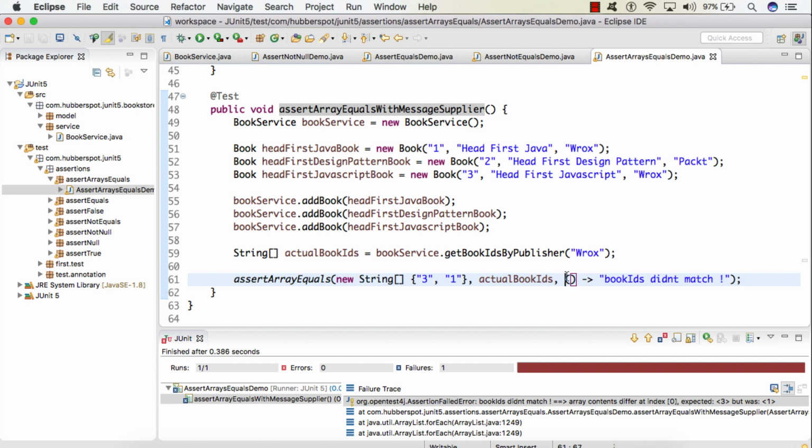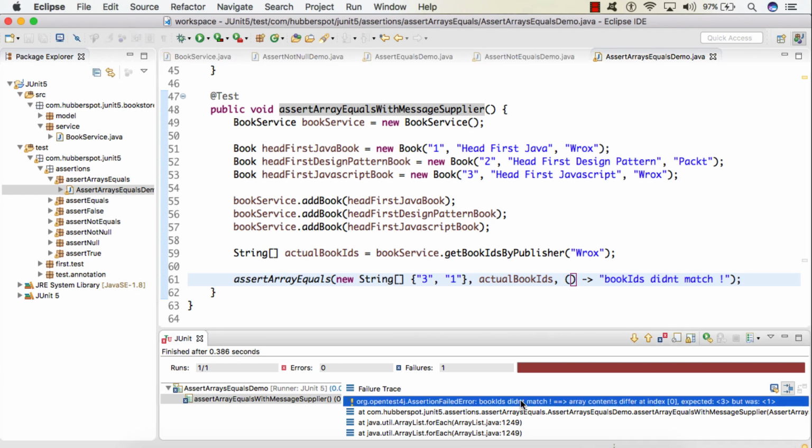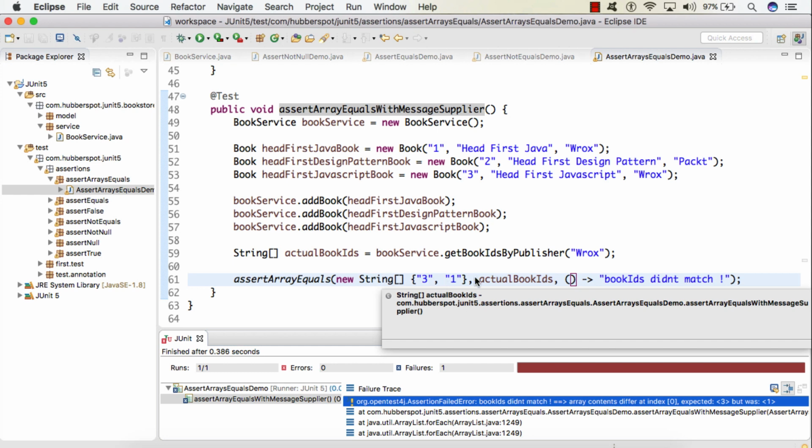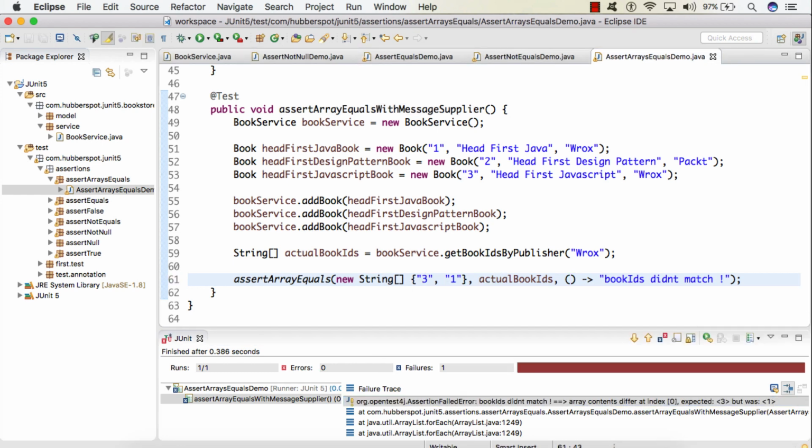But this Supplier functional interface was evaluated only when the test case actually failed. So friends, we saw how we can compare two arrays using the assertArrayEquals method. We saw that the element values should be equal, their order should be equal, and the number of elements also should be equal.